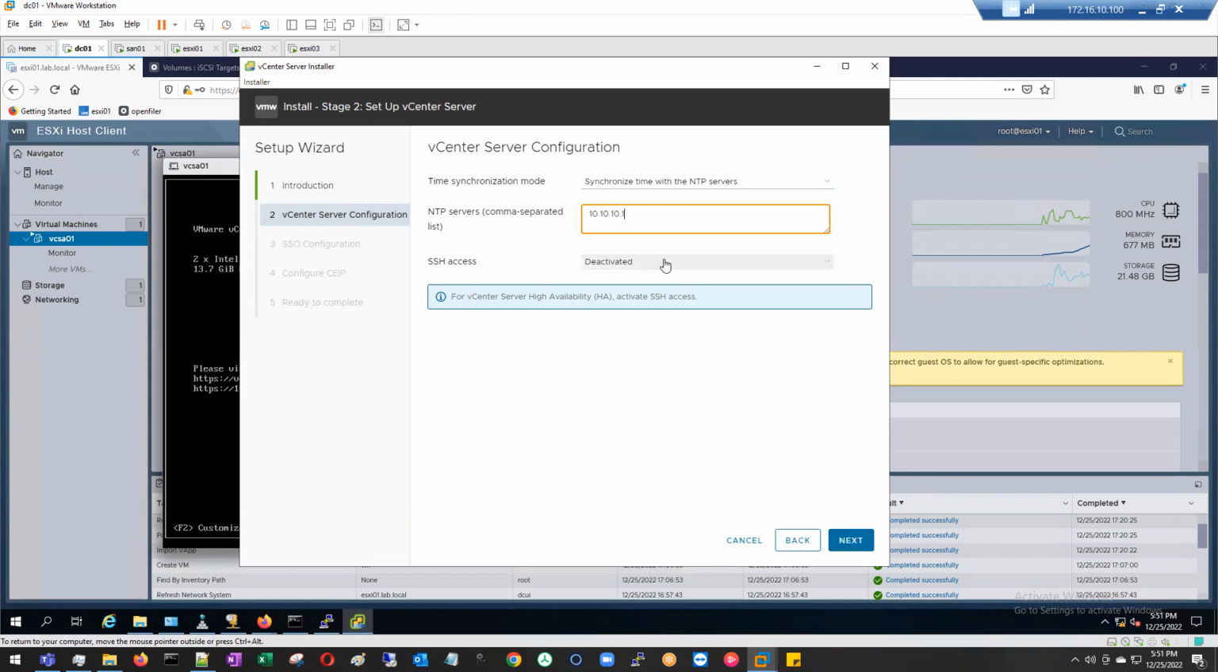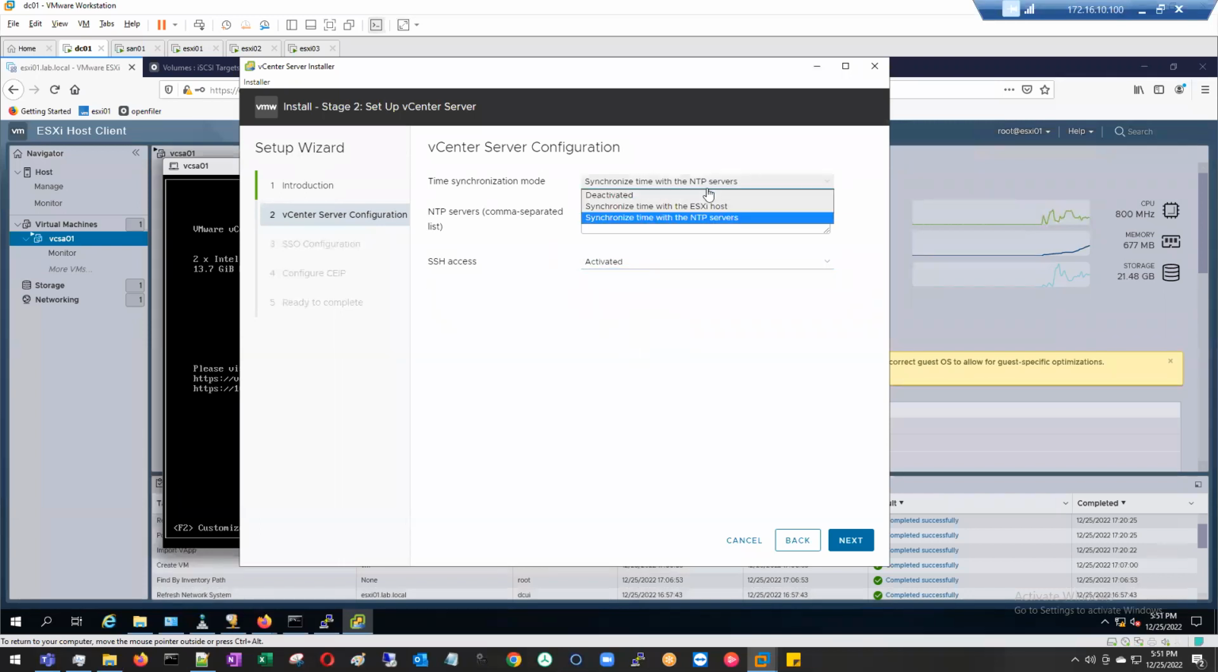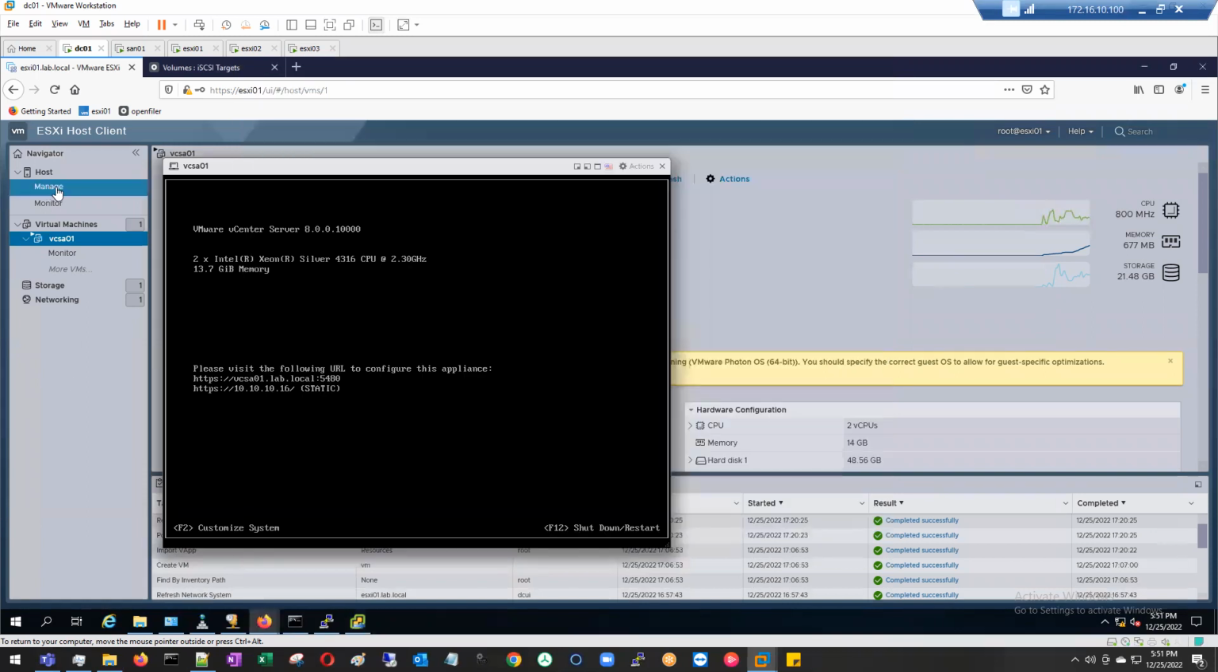I would say 10, 10, 10, 10, 10. You can sync time with my domain controller. This is my domain controller. You can sync time with it. Do you want to enable SSH? Yes, I want to enable SSH. The other option is you can sync time with ESXi. So what you can do, for example,